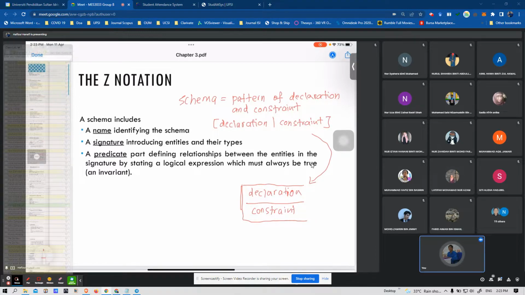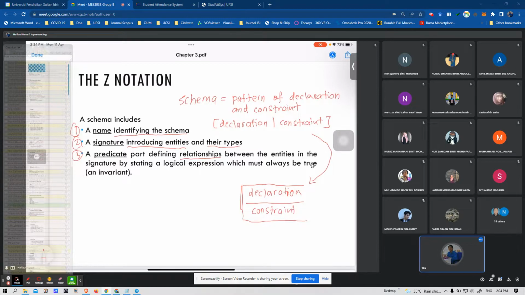Okay, the schema includes the name. First one, identifying the schema. Secondly, we have signature. Thirdly, we have predicate. Name is identifying the schema by describing the expression. And then signature is introducing entities and their types. Okay, we have entity and their data types. And then a predicate part defining the relationship between the entities in the